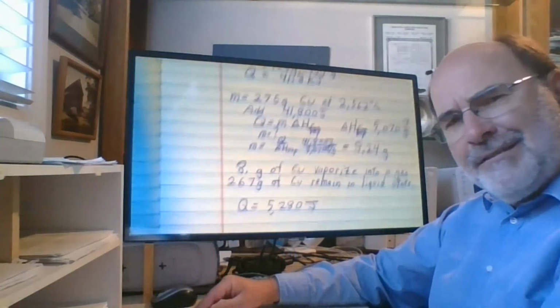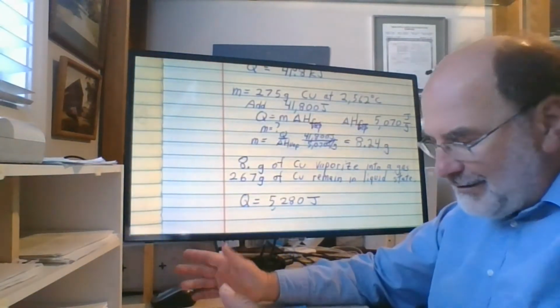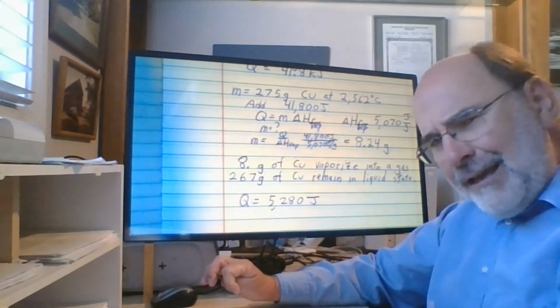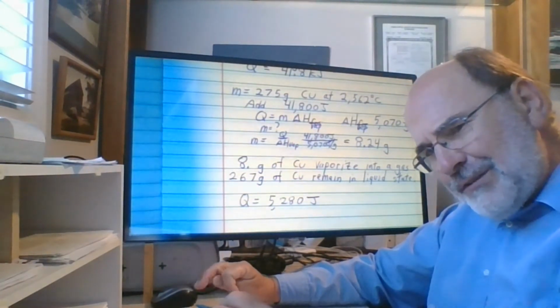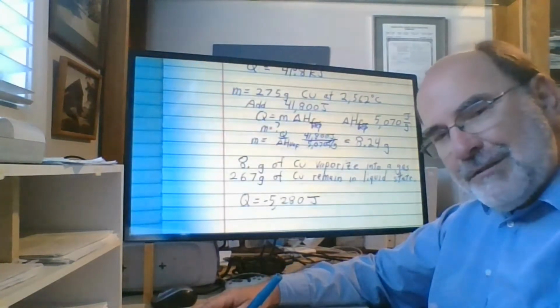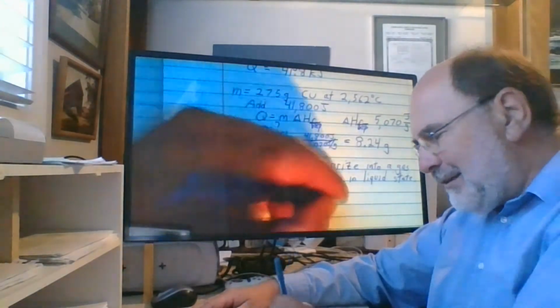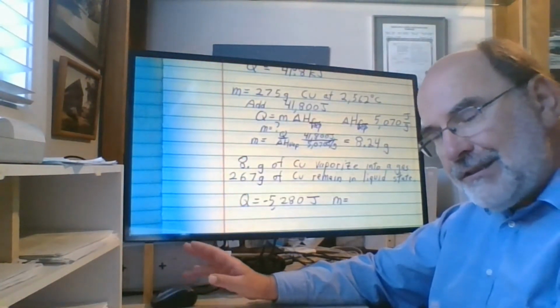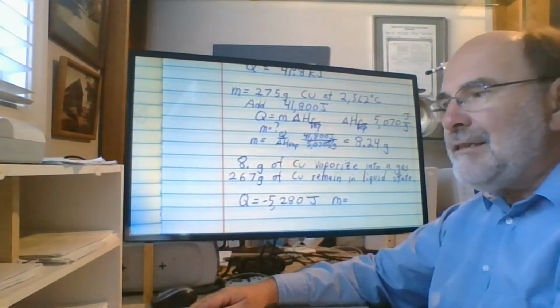You might recognize the number as being the number of feet in a mile, but there you go, some random number. And the mass that I successfully freeze in this case, so I'm removing this much heat energy. The mass that is converted from liquid to solid state happens to be,